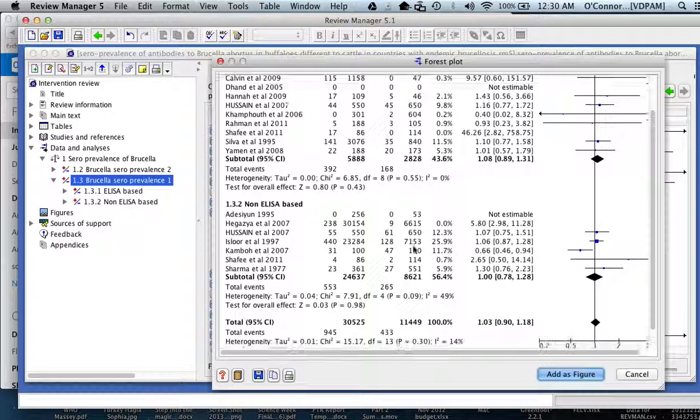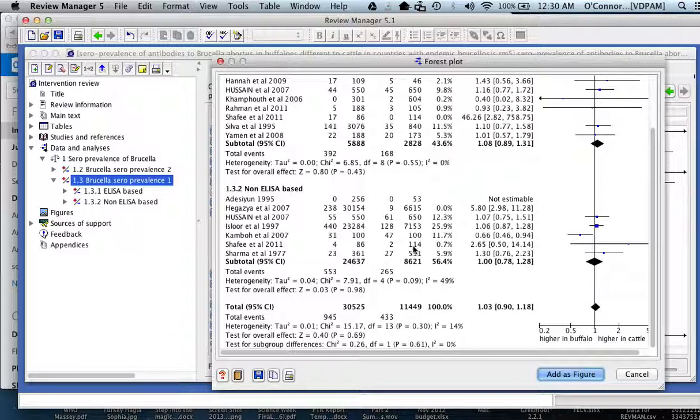Having looked at the subgroups, if they're hugely different, I might not do any further analysis. I might stop there. But if it looks like they're telling me vaguely the same thing as I see here, that's how I interpret this data, then I might go down and look at the test for subgroups and say, okay, are the subgroups different? And here I have evidence that says, you know what, the subgroups don't look any different. So then the next analysis is, well, what if I ignore the subgroups and combine everything? Once I've done that,